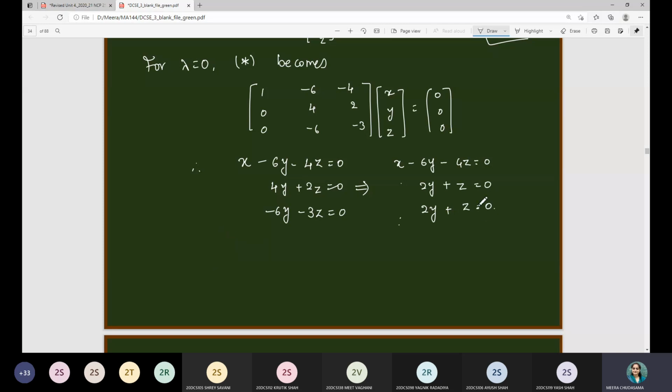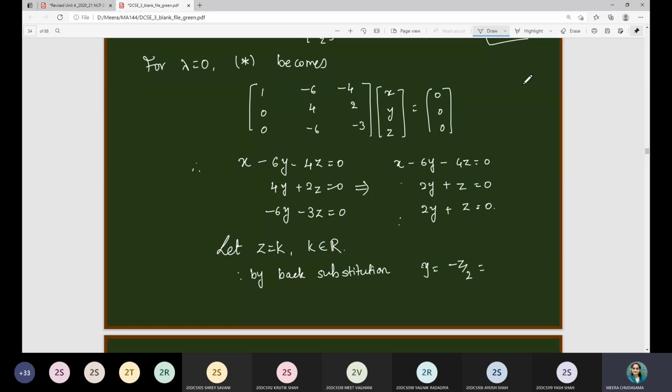So I can write directly the value of z as a scalar k. I hope that you will not mind if I directly write down let z is equal to k here, or should I go for the augmented matrix and then row echelon form? Tell me. Is it fine now? This is fine, no? Fine. So let z is equal to k, where k is in R. Therefore, by back substitution, y is equal to minus z by 2.